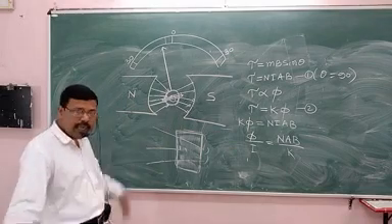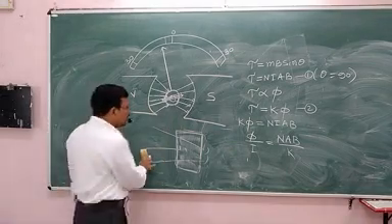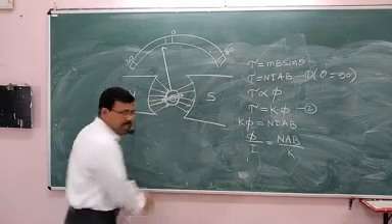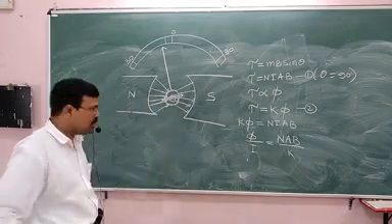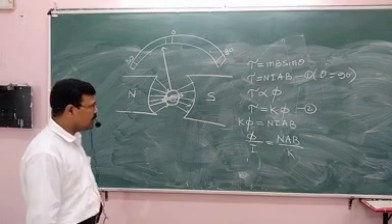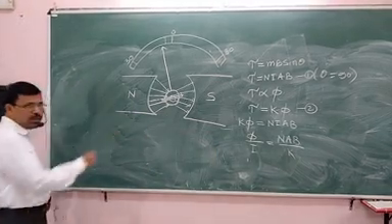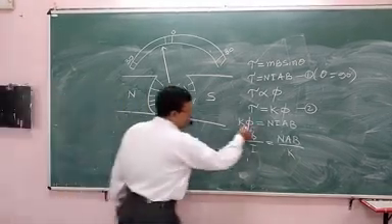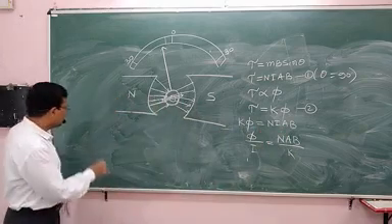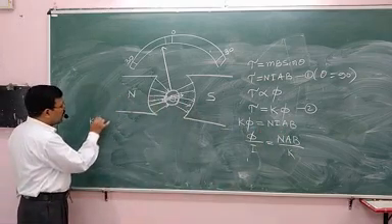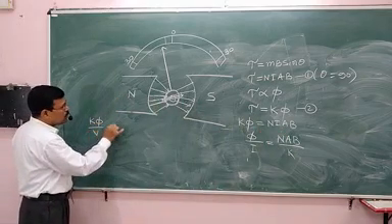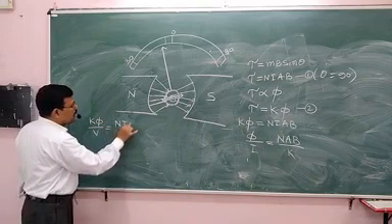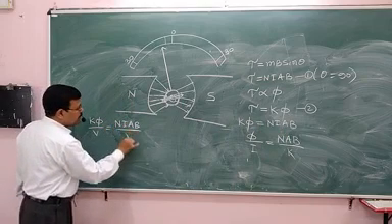Fine. Now let us get into the other important factor, voltage sensitivity. What is voltage sensitivity? Suppose you divide this equation by V: K phi by V is equal to NIAB by V.